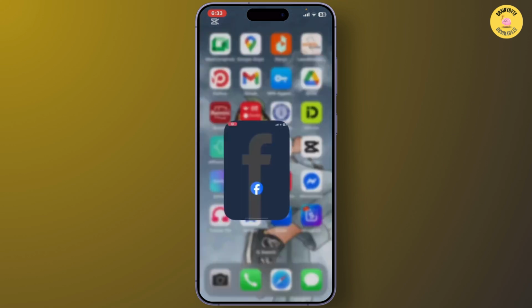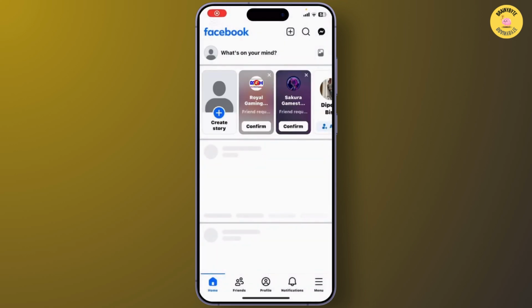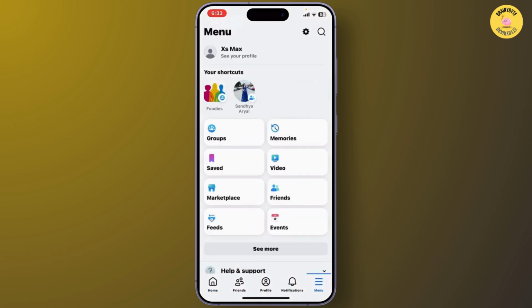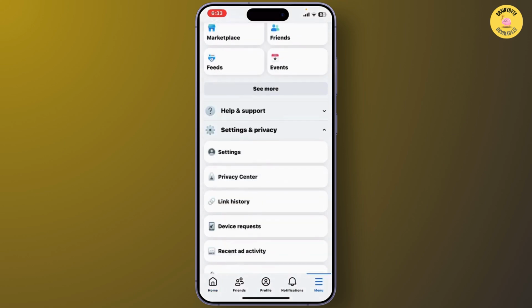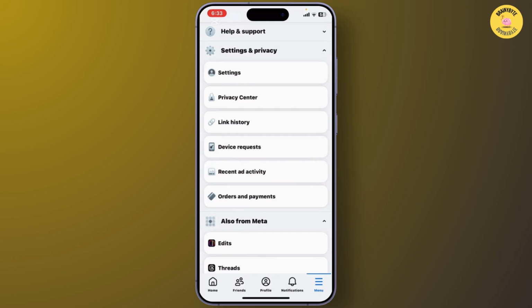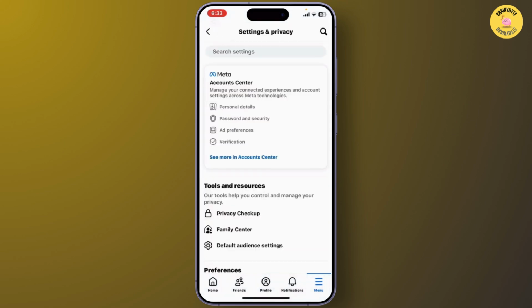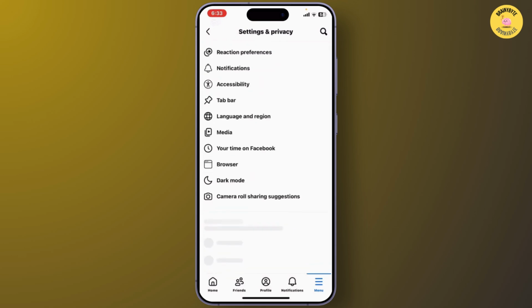First, we need to open the Facebook app. Now, once you're here, you need to tap on the three lines icon in the bottom right corner of your screen. Once you have done that, you need to tap on Settings and Privacy, and then you need to tap on Settings. Now, scroll down until you see